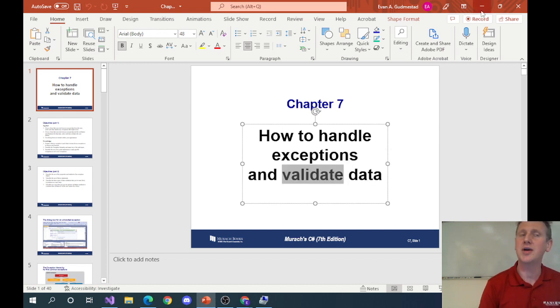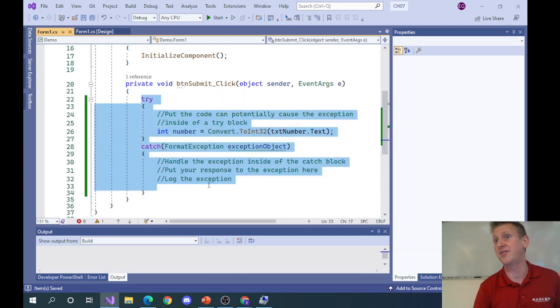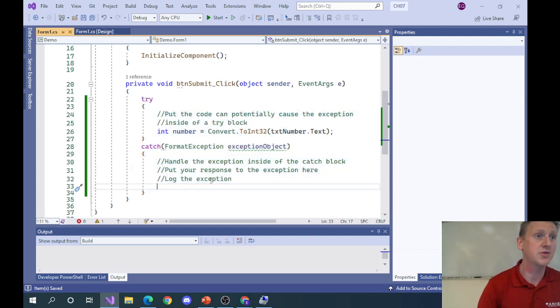And so just how we could use an if-else to validate data, you can use a try-catch. And so instead of wrapping this in an if-else kind of thing, if the text box is null or if it's a double, what have you, we've been doing that for a while. You could just put the